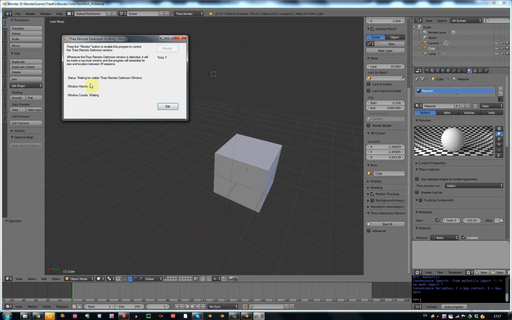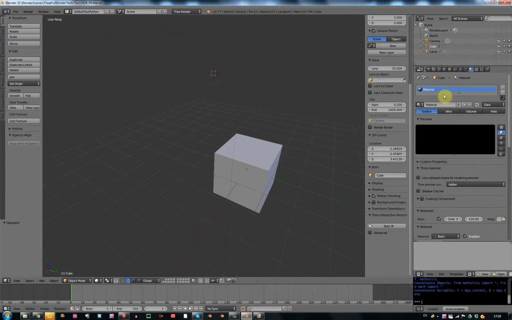And this is the fact that it hasn't found any windows that say Thea Remote Darkroom. And that has to be the caption of the Thea Remote Darkroom. If the developers change that for some reason, this won't work anymore until it's recompiled. So there's no window out there right now called Thea Remote Darkroom. It's going to either find the one that is actually doing the interactive rendering, or if you do things like resize the window,